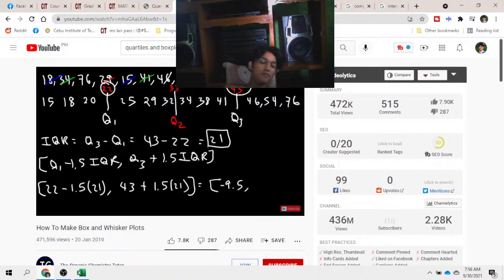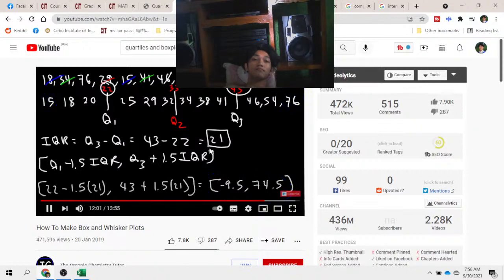And then 43 plus 1.5 times 21 is 74.5. Now, are there any numbers in our list of numbers that is not in this range? 15 is in this range, but 76 is not. So therefore, 76 is